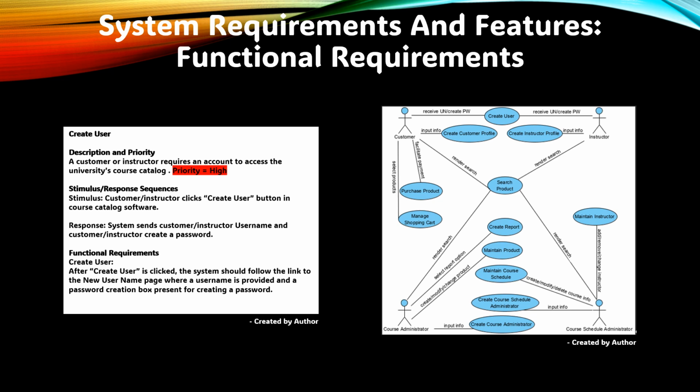This diagram shows all the actors, things that trigger an action or require a response from the system, the behaviors associated with that trigger, and the flow of events for the software. As you can see on the image on the left, the functional requirement is to create a user. The stimulus is for the customer or instructor to click the Create User button in the course catalog software, and the response is that the system sends the customer or instructor a username